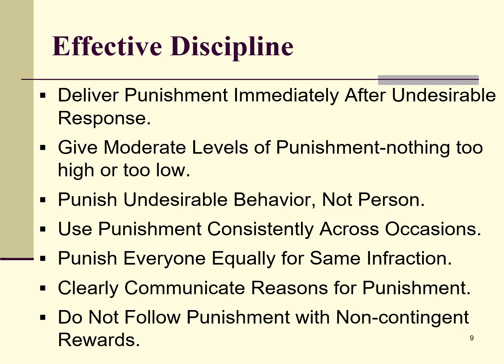However, if the person did this and it came to the management's attention 3 days later, and then 3 further days later, they called the person into their office, that's not immediate. That's where we start to see discipline kind of falling. It's less likely to be successful. Again, give moderate levels of punishment, nothing too high or too low. So again, if the person is very devoted to the negative behavior and really doesn't care if they're given a talking to, that's an example of punishment being too low.